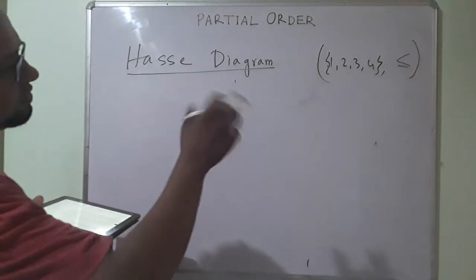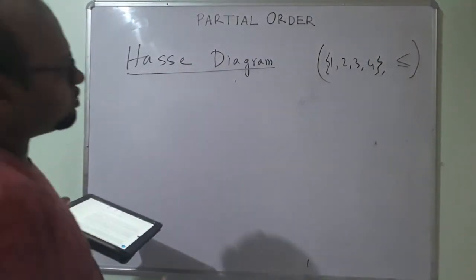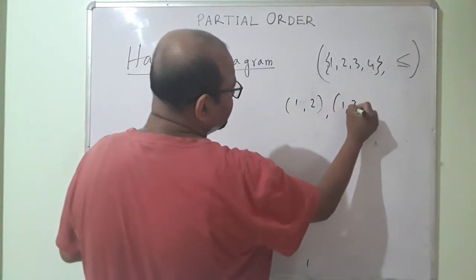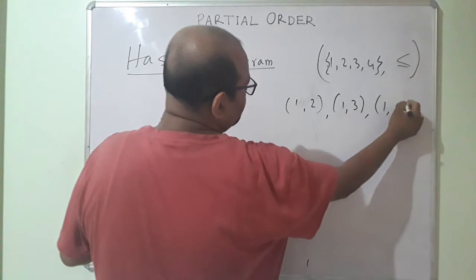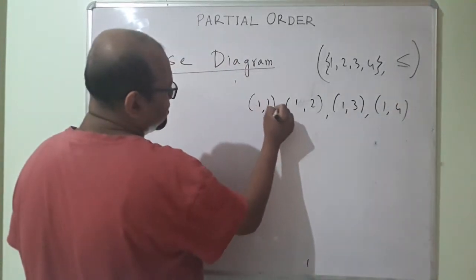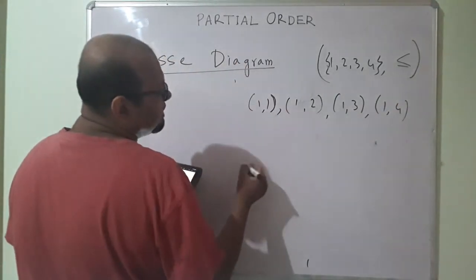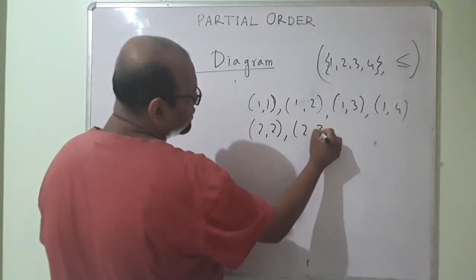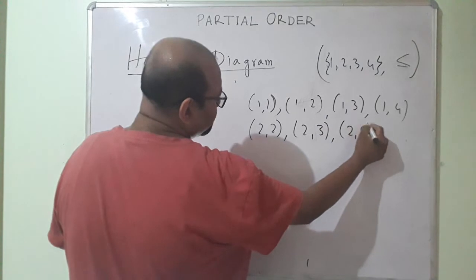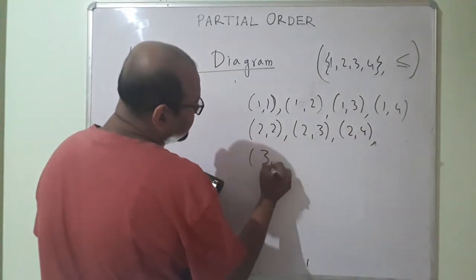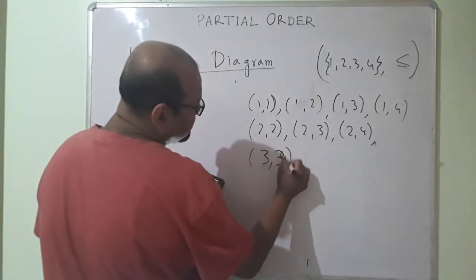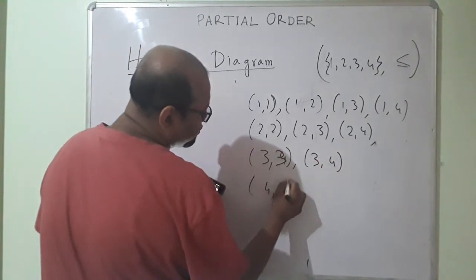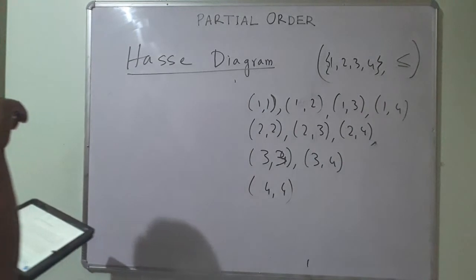now what are all the elements that will belong? 1 is less than or equal to 2, 1 is less than or equal to 3, 1 is less than or equal to 4, and 1 is less than or equal to 1. Okay, then 2 is less than or equal to 2, 2 is less than or equal to 3, 2 is less than or equal to 4. Then I have 3 is less than or equal to 3, 3 is less than or equal to 4, okay, and 4 is less than or equal to 4. Okay, now